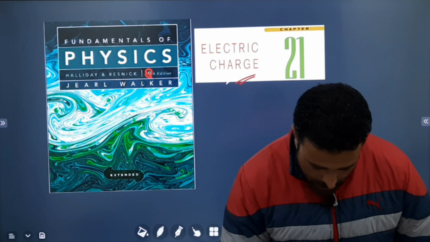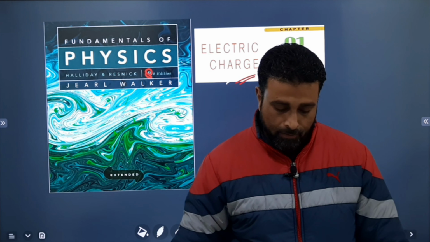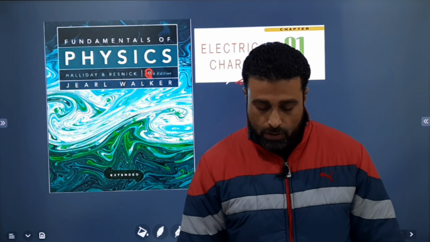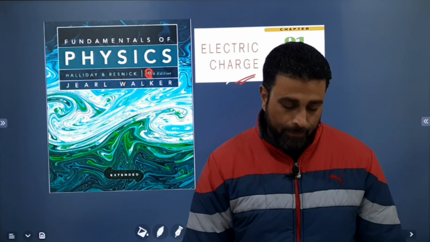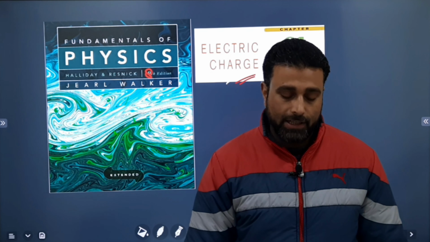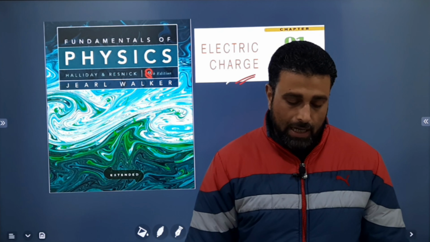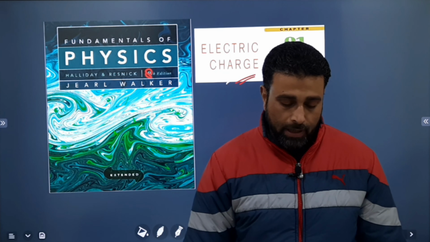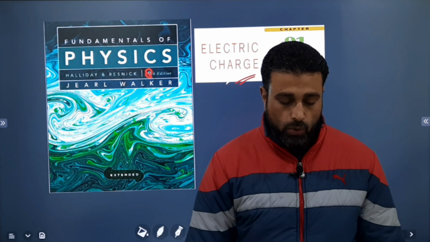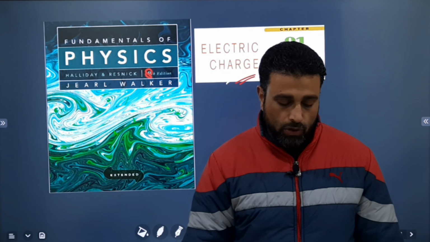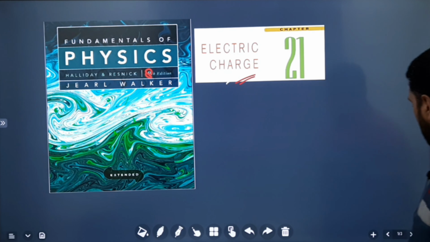So this time in this session, we're doing problem number 10. Three particles are fixed on an x-axis. Particle 1 of charge q1 is at x equal to minus a, and particle 2 of charge q2 is at x equal to plus a. If the net electrostatic force on particle 3, of charge plus Q, is to be 0, what must be the ratio q1 by q2 when particle 3 is at x equal to 0.5a in part A, and x equal to plus 1.5a in part B? Okay.